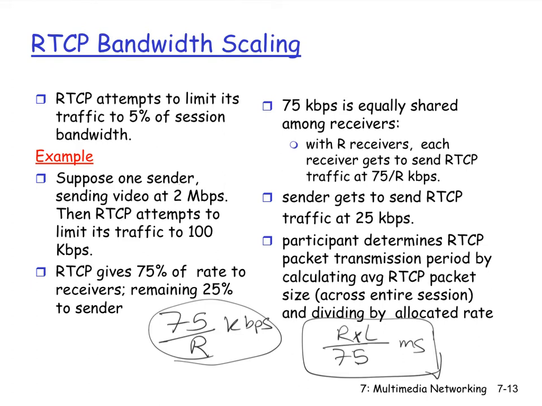But this is an interesting way that's really special for RTCP. So basically, this is only for control messages. The data itself is consistent using the 2 megabits per second, but this is only for RTCP,